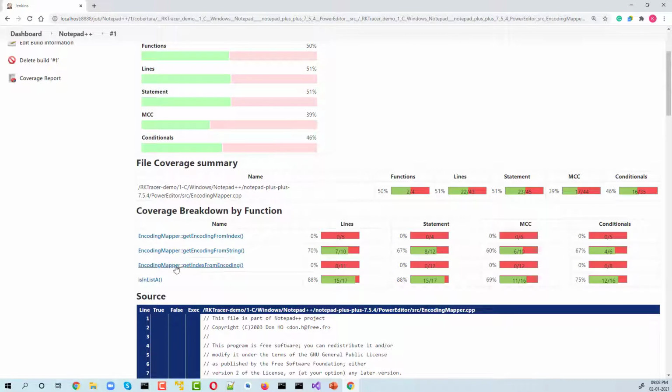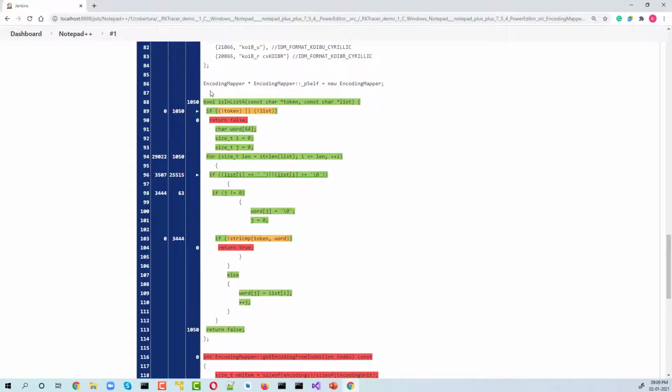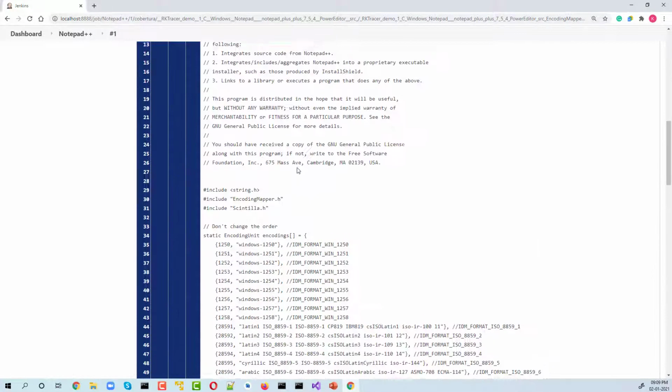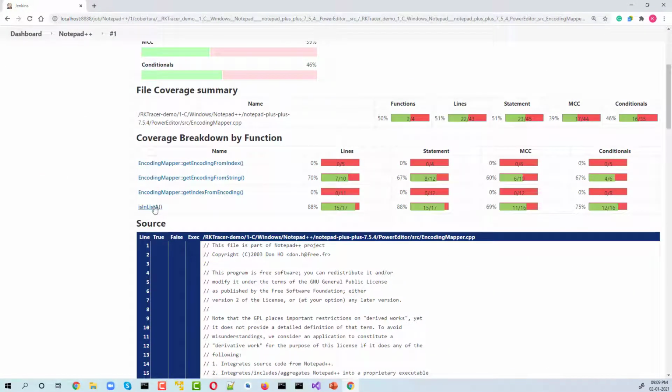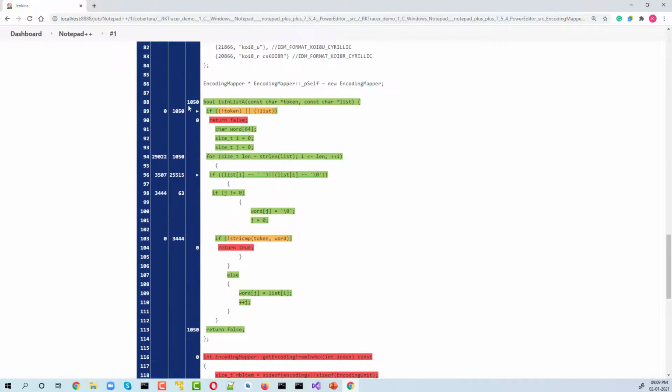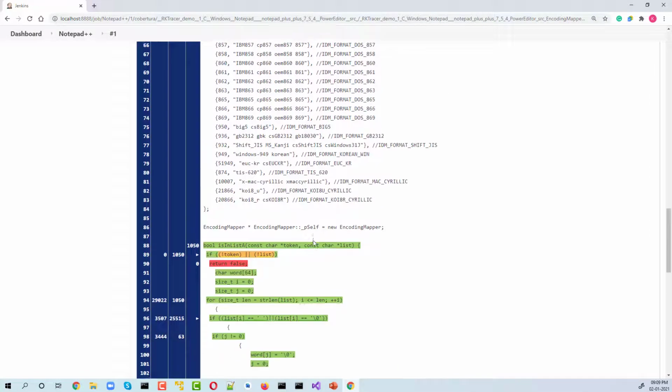If I want to go to this function, just click on this and it will take you to that function. You can see that this is the function, and this is the function level code coverage. For example, if I go here, it gives us the code coverage for this function. If you want to see the code coverage for this, you can also check this one. If you want more details, just click on this and you can see what the code coverage is here.